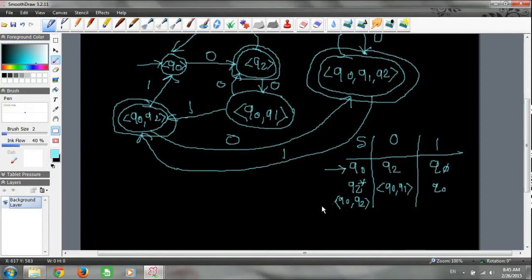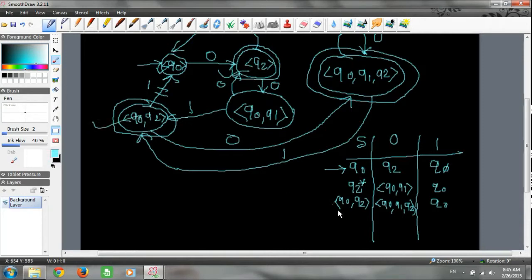So Q0, Q2, on 0 where it is going, look at the diagram, it is going to Q0, Q1, Q2. So write it down, Q0, Q1, Q2. On 1 it is going to Q0. So just write Q0. Now the next state. So this is written, this is written, this is written.